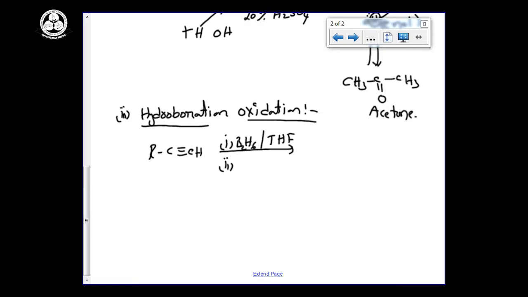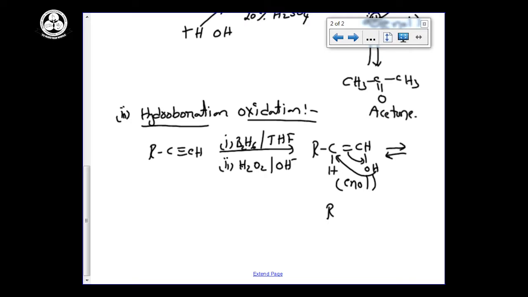Just recall the subject from alkenes, H2O2 in presence of OH minus. Simply I am saying the answer is R, C double bond CH. Doubt is where we want to add hydrogen and where you want to add OH. I want to write hydrogen here and OH will be here. Now it is also enol form, so there is a rearrangement here. After rearrangement, hydrogen will be sent into this carbon, the double bond is sent into here, and it becomes R, CH2, CHO.